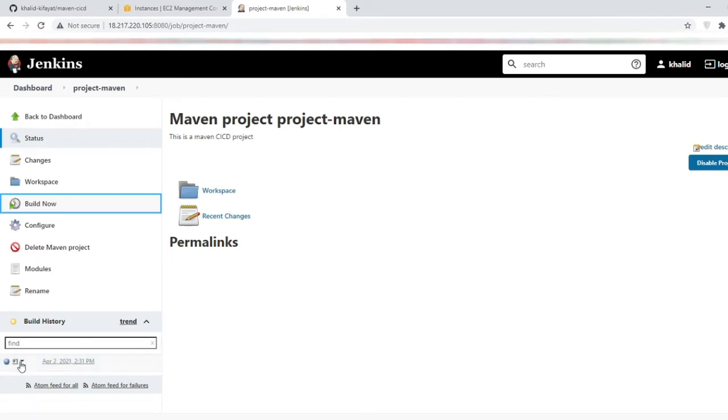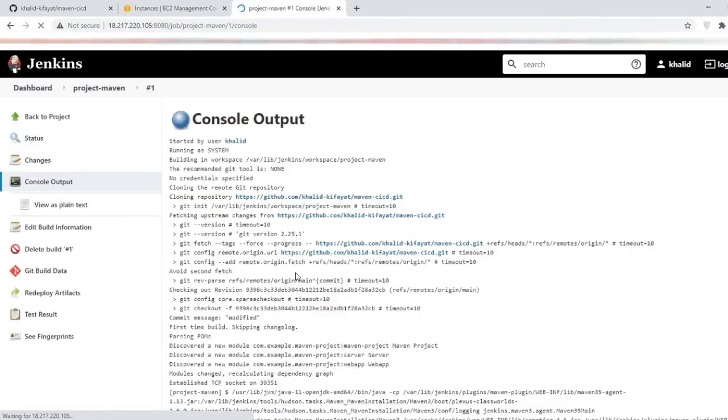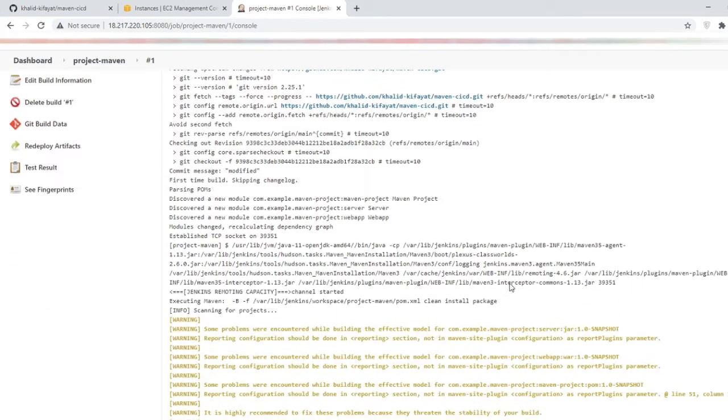Okay, so the blue ball means that it's in the success. The project has been executed successfully. If I click on this, I can view the result, and you can see here is the repository cloning. This is my repo URL which has been cloned, and then if I go towards the end, I can show